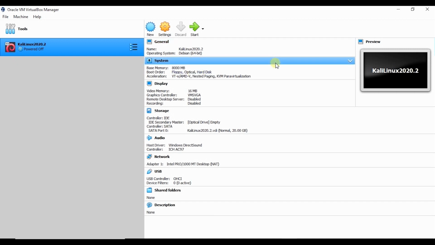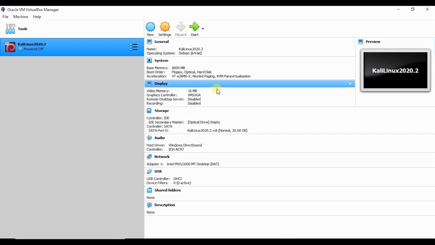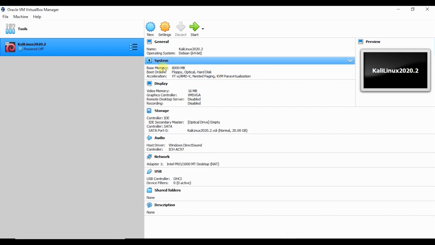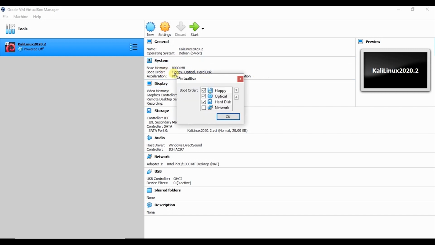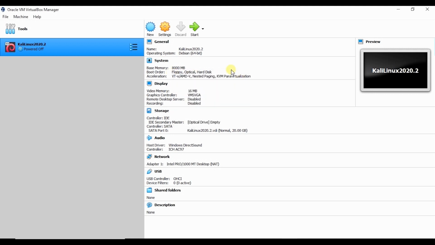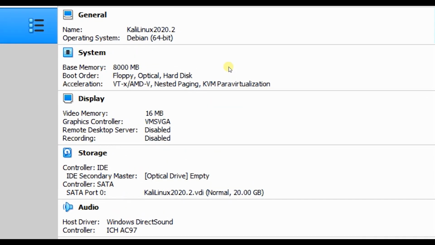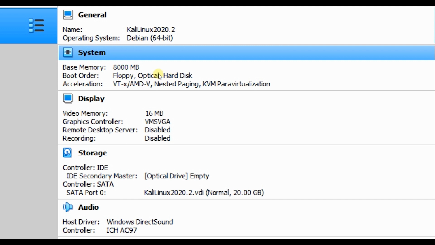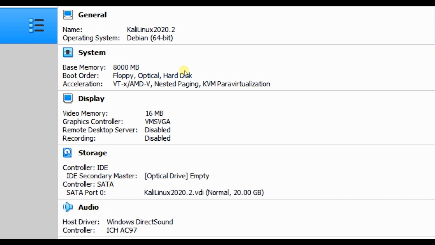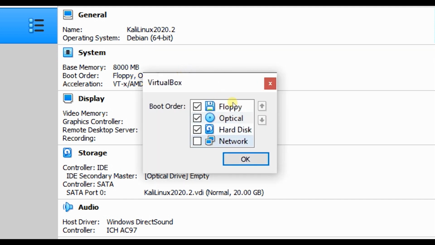After creating this, what you have to do first of all is go to System. Here, let me zoom in. In System you will see a boot order, so click on that. Now here you will get 4 different options.